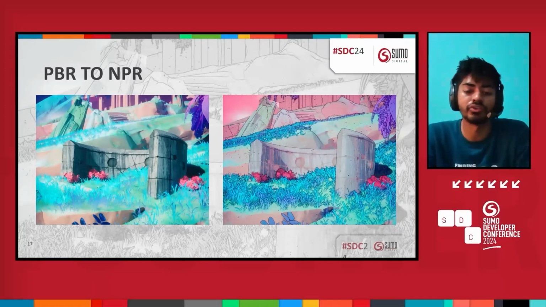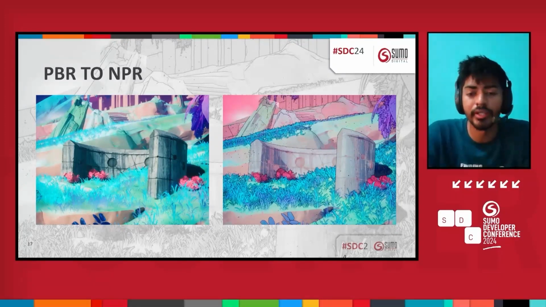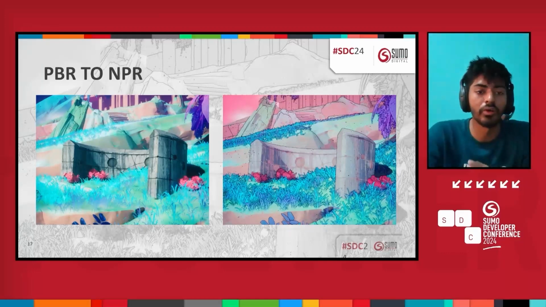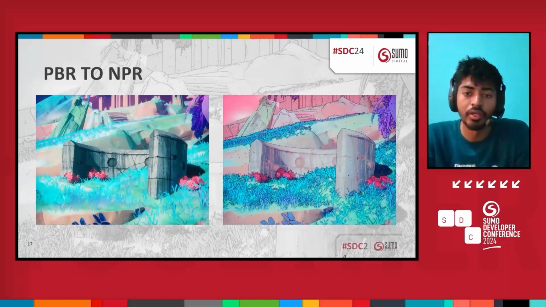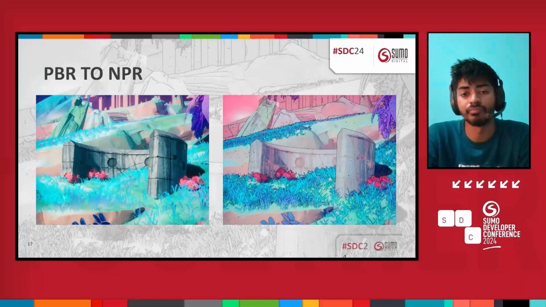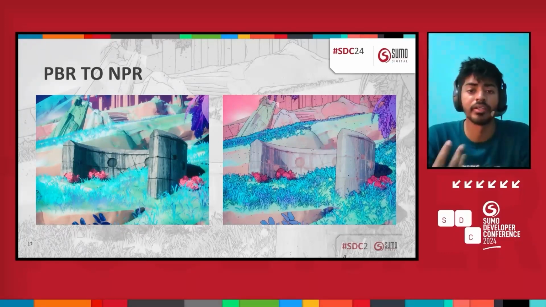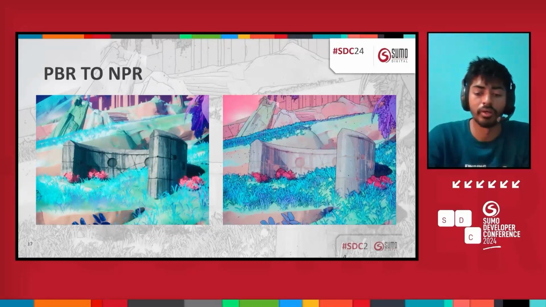Instead, we are aiming to shade it in a way that expresses the art style that we are going for. So in this screenshot on the left, it has PBR lighting, so it's a bit realistic lighting. And on the right, we have a render with cel shading. It has outlines, it has a fog shader, and yeah,